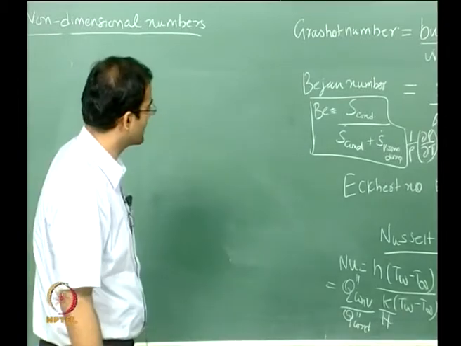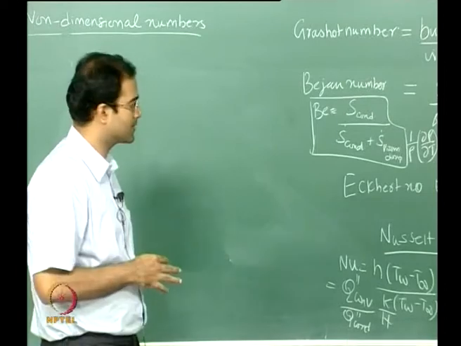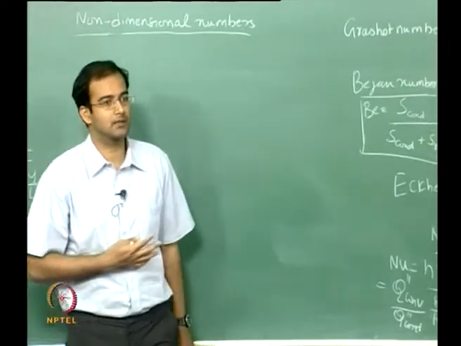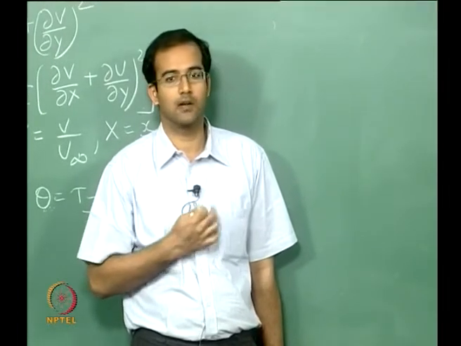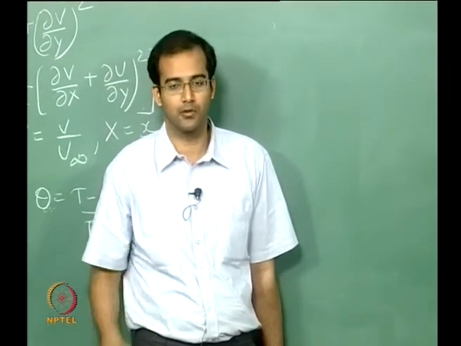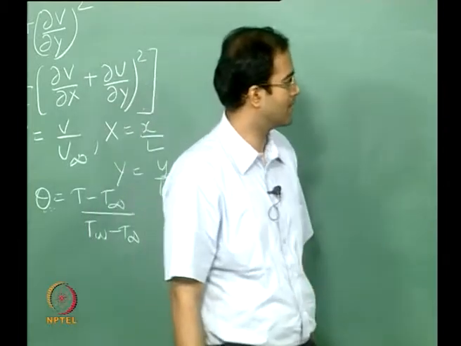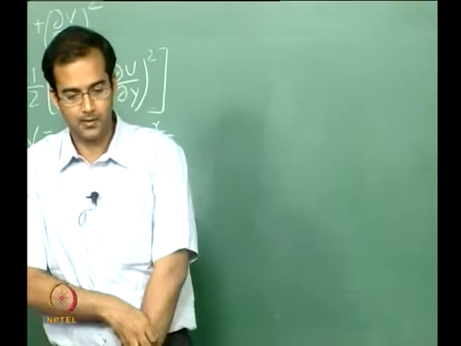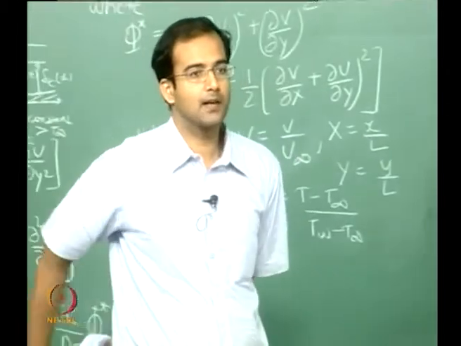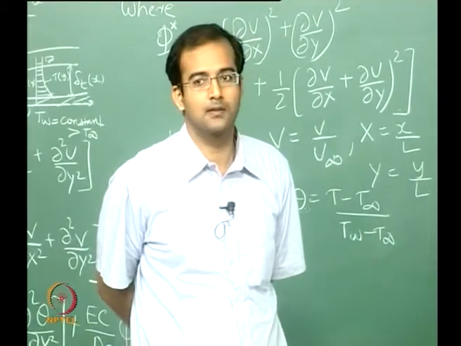I think more or less if you know these non-dimensional numbers, these will keep coming through the rest of the course. So I think most of the non-dimensional numbers are covered. You won't need anything apart from these numbers. Can you think of any other non-dimensional numbers in heat transfer, related to convective heat transfer, for example?